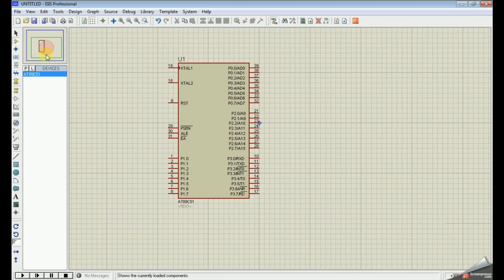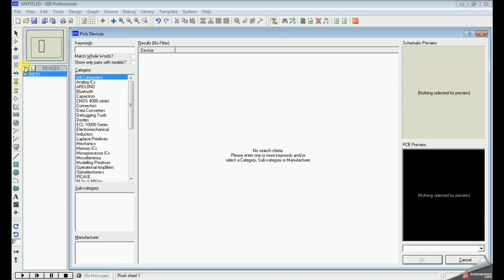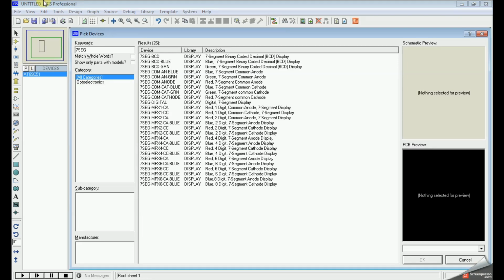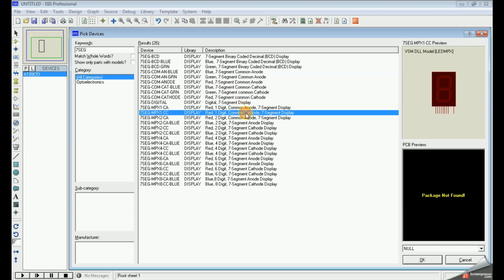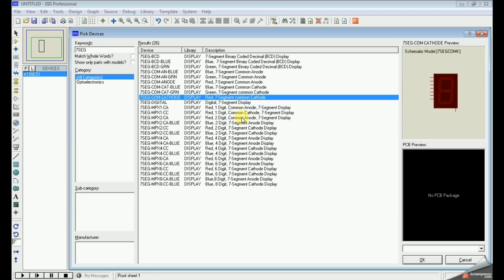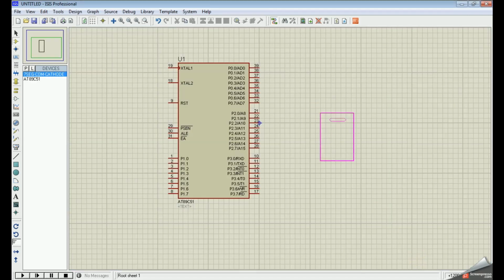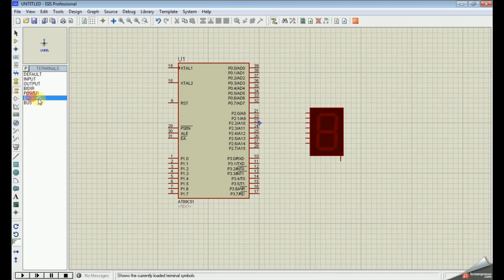Take a common cathode 7 segment. There are so many segments available, as you see here, and you need to take the proper one. So this is a common cathode. The other terminal we can connect to ground, that's the common cathode. The remaining pins we can connect to port 2.